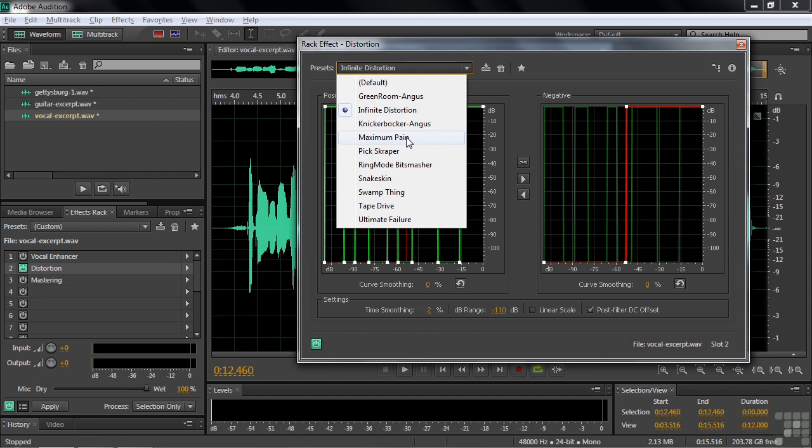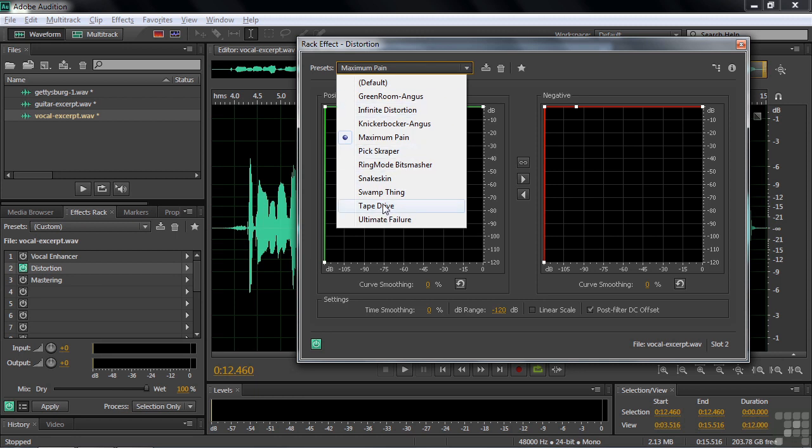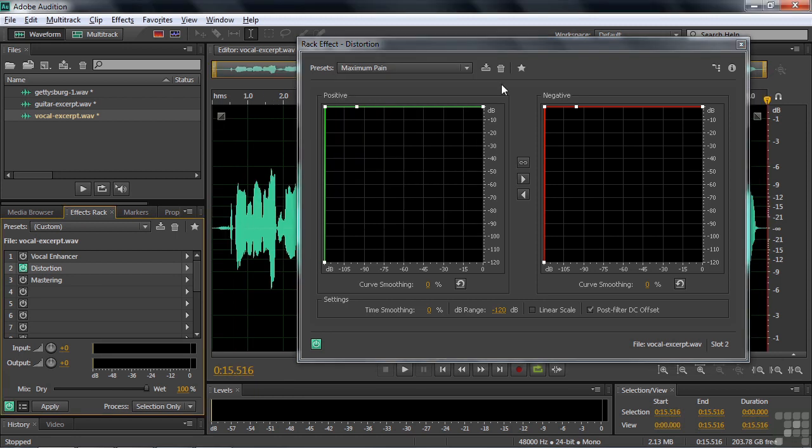That's the same thing for maximum pain. They mean it. I'm not going to play this now because it really will be awfully loud. Just be aware that if you do try some of these presets, do it carefully. In fact, you might want to take the output here from the effects rack and knock the output way, way down, like minus 20 dB or something before you start trying these guys out, and then make your adjustments